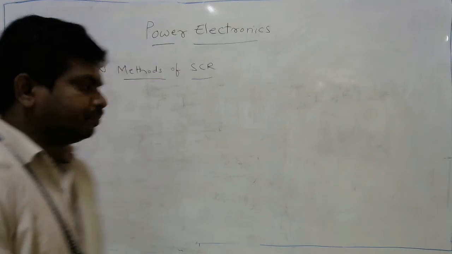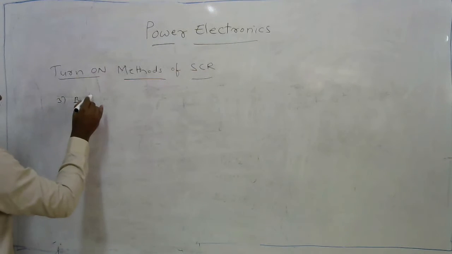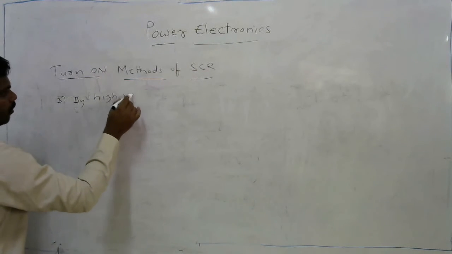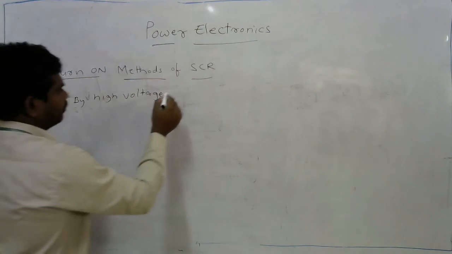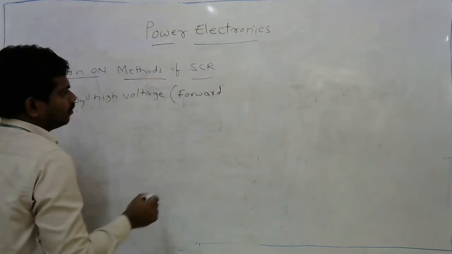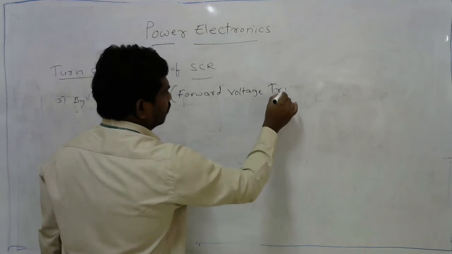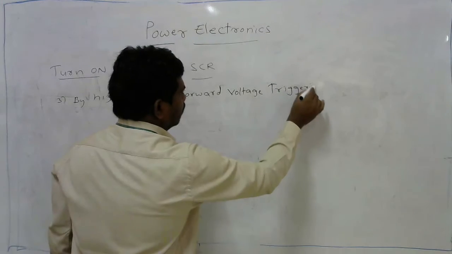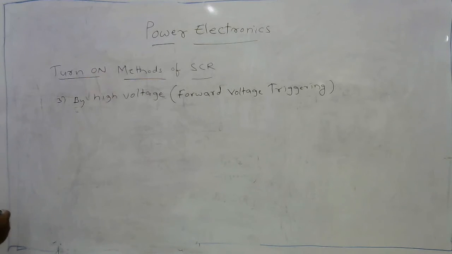Third method is by applying high voltage. And we are calling this method forward voltage triggering. Right? So in this case, this is a general method that we are using to make the SCR